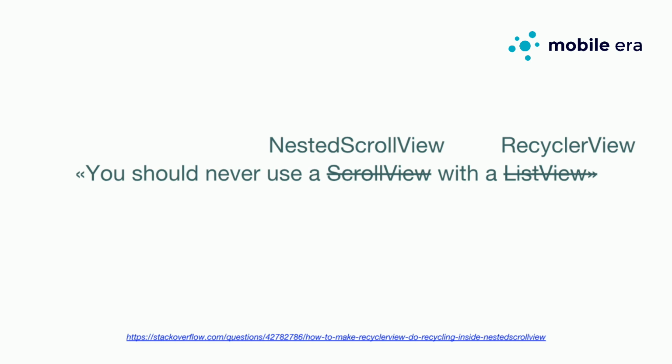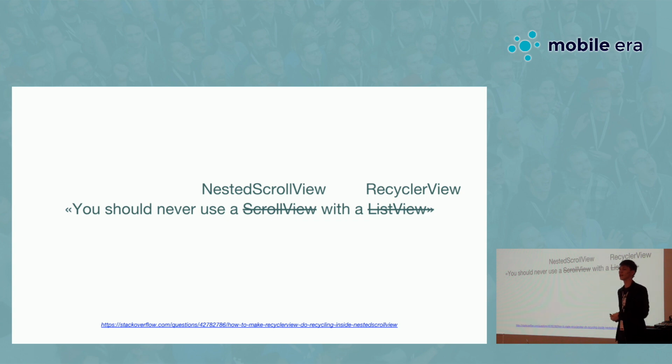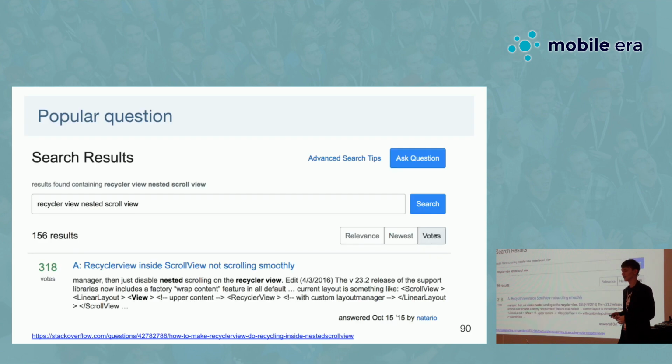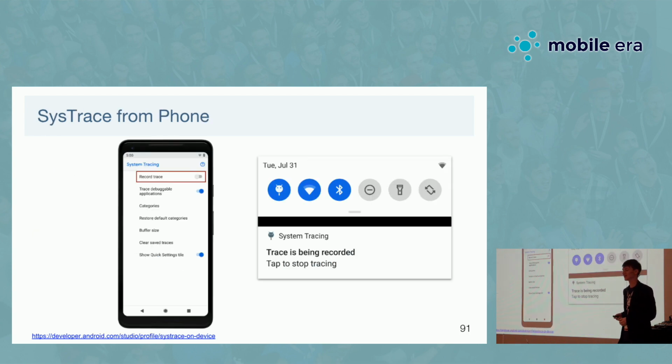There are some other things that you shouldn't do, and often you can find them using some kind of CPU profiling. For example, here the issue is that when you use a RecyclerView inside a NestedScrollView, it thinks, okay, I have as much space as I want, and because of this, it tries to create and bind all the views at one time. When you switch to the screen, you will definitely have a big frame drop. And there are still hundreds of questions about these RecyclerView and NestedScrollView issues. So it's still an actual problem, because we always have newcomers to Android, and they tend to run into the same errors until they are explained.